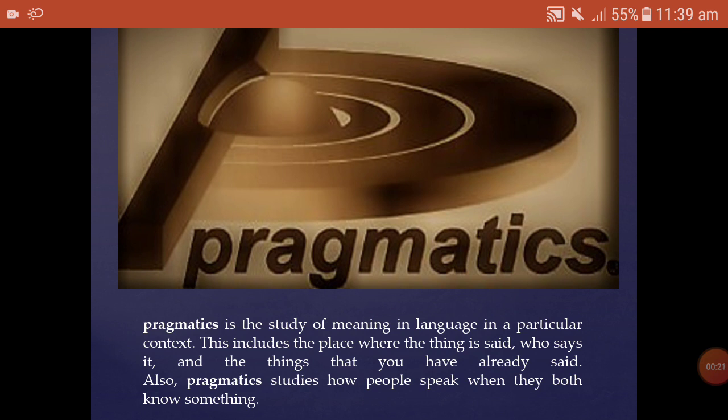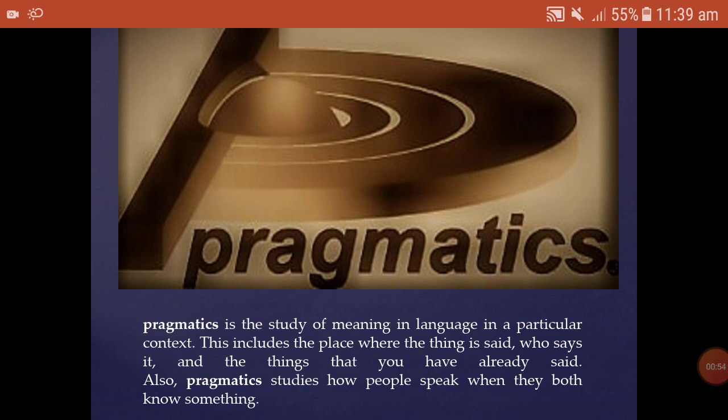The topic is Pragmatics and Linguistics. Pragmatics is a subfield of linguistics and semiotics that studies the ways in which context contributes to meaning. Pragmatics encompasses speech act theory, conversational implicature, talk in interaction, and other approaches to language behavior in philosophy, sociology, linguistics, and anthropology.